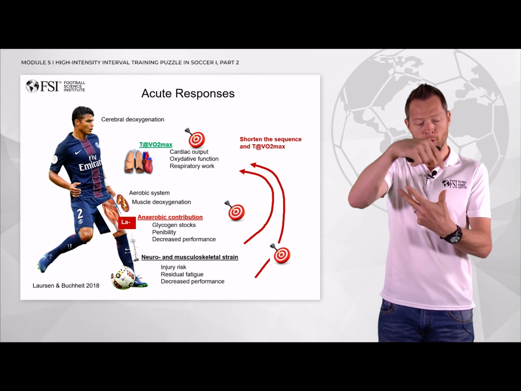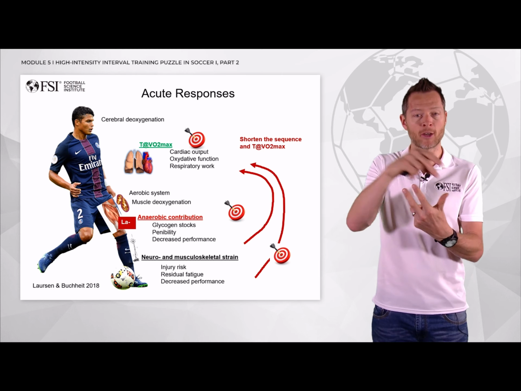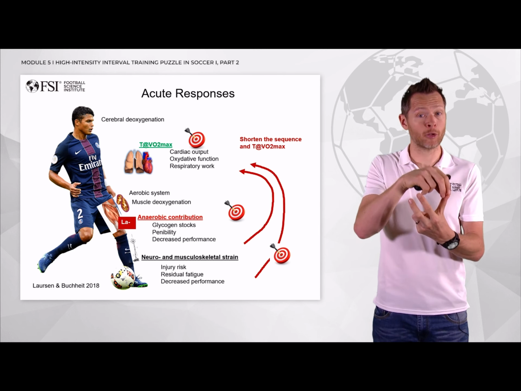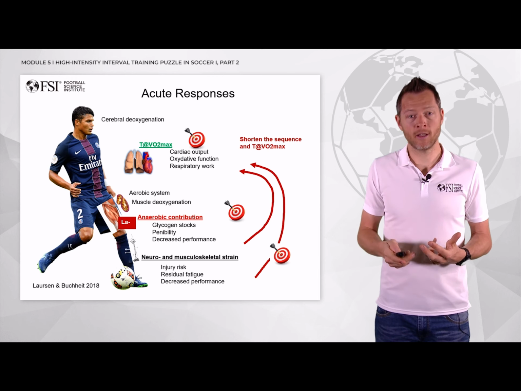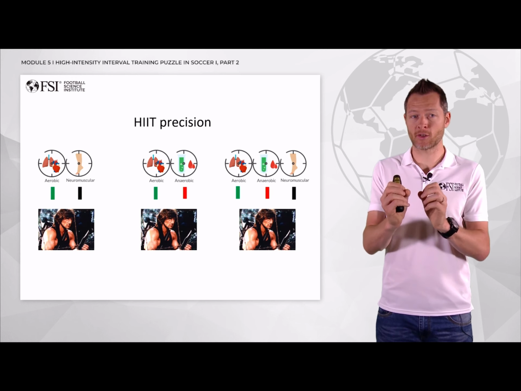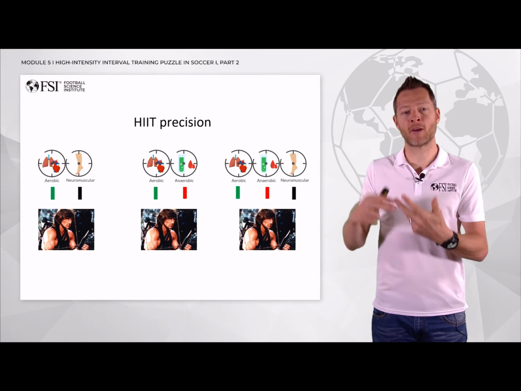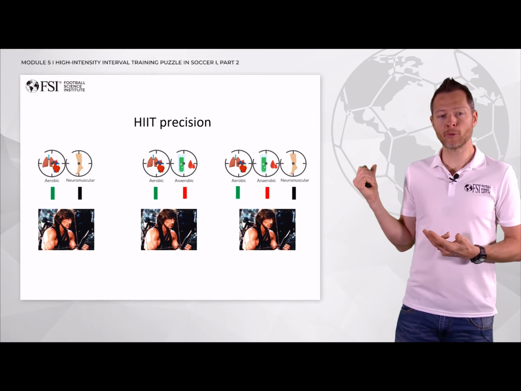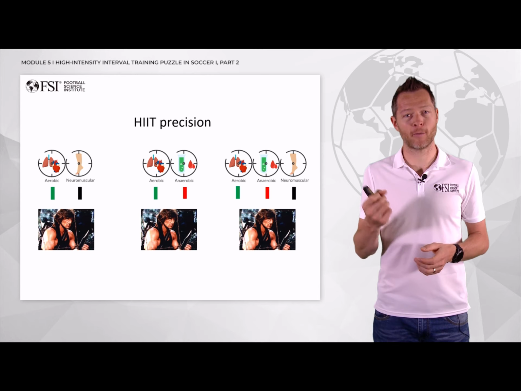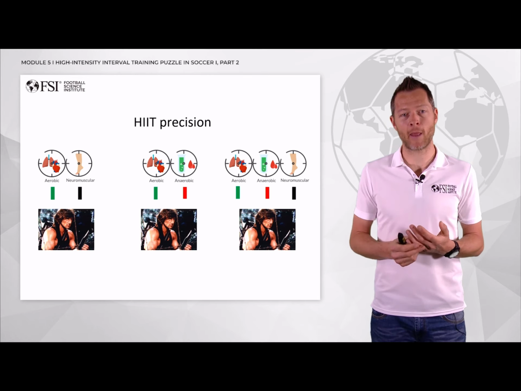So when we look at those 3 families or types of acute responses to the training, aerobic, anaerobic, and neuromuscular demands, we can then produce different sessions targeting just 1 or 2 or 3 and different combinations of those families. An example would be what I like to call a John Rambo approach. So that's making the kind of analogy between